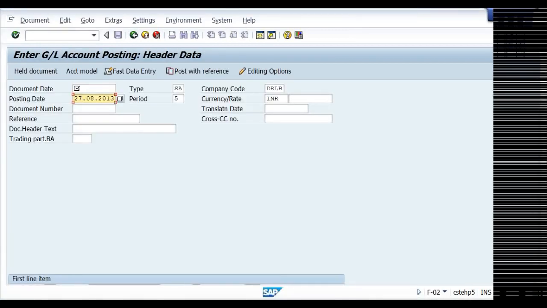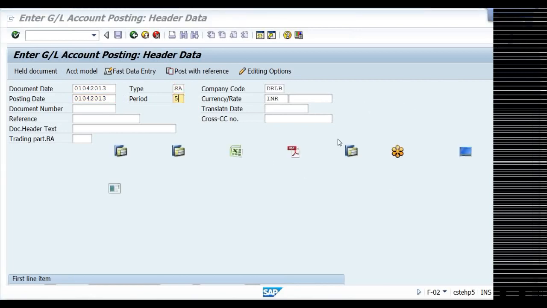Say now 27th. So we have posted today's date. Now if I want to post an entry on, say, 01/04/2013, so 1st April I want to post an entry. Let me check whether the system allows me. SA, everything is same. See, the period the system will automatically change.